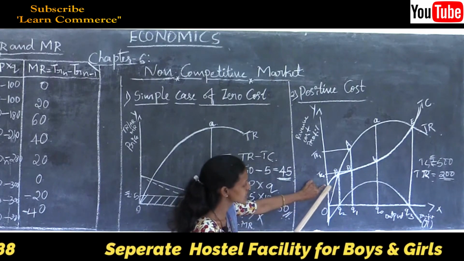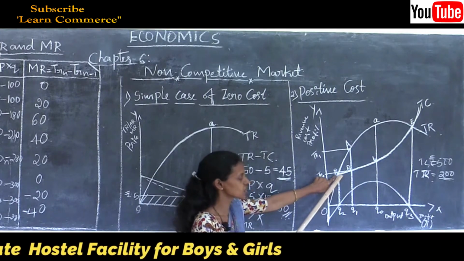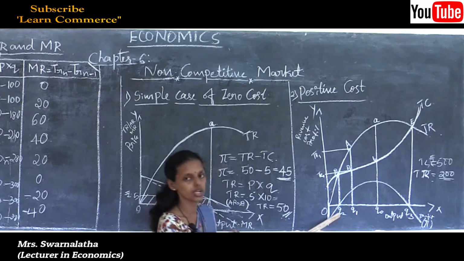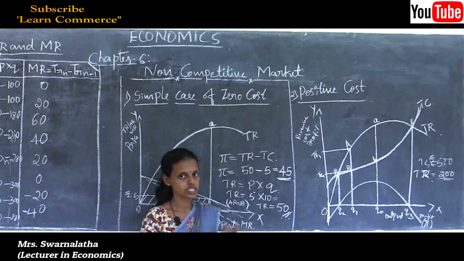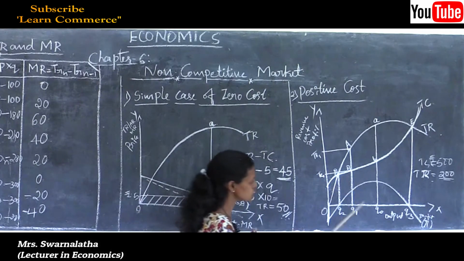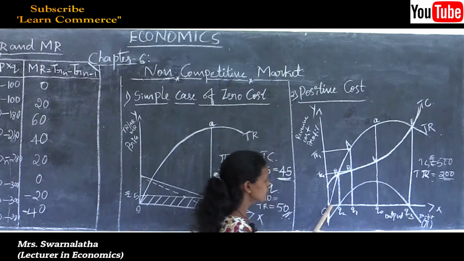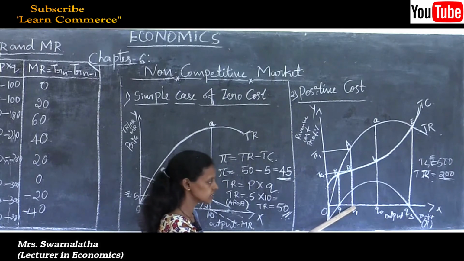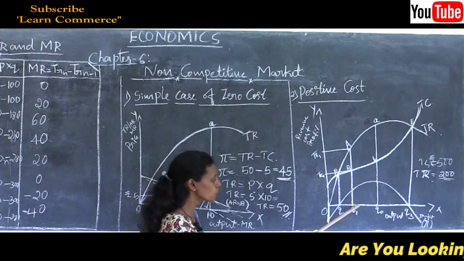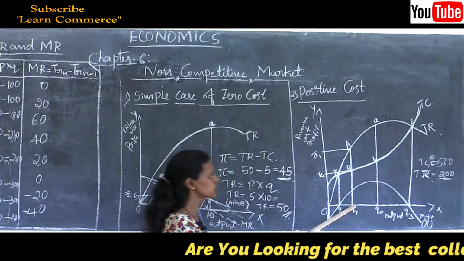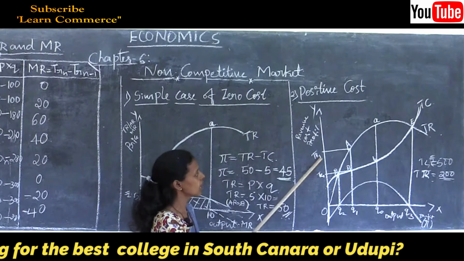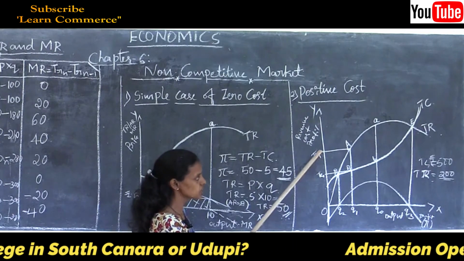So, here you can see in the initial stage D is not at all an equilibrium point at the OQ2 level of output. Then how does the positive cost lead to profit maximization in the short run? For example, with the hope of getting the profit, the firm is going to increase its output production, that is the OQ1 level of output produced. OQ1 output is produced with the total revenue TR1 and cost TC1.